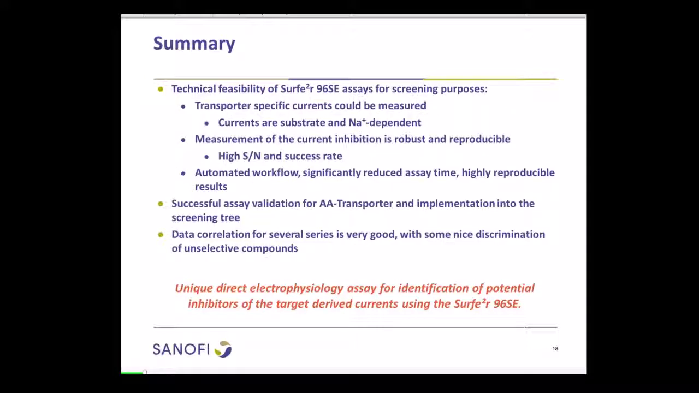The data correlation between the assays for several series was very good, but with the SURFE we were able to discriminate some unselective or unspecific compounds, which we do not pursue further in the screening tree. So we have a unique direct electrophysiological assay in hand for this target, and we will further work to optimize the compounds using